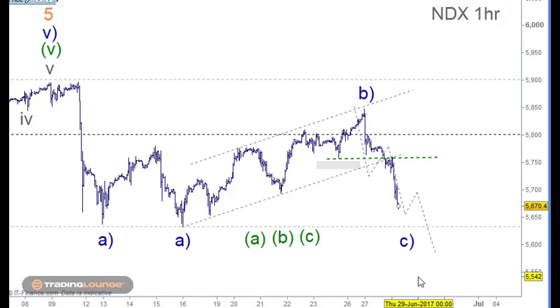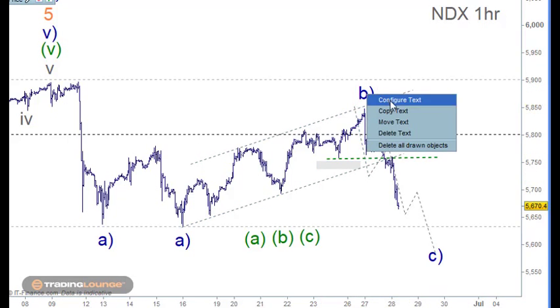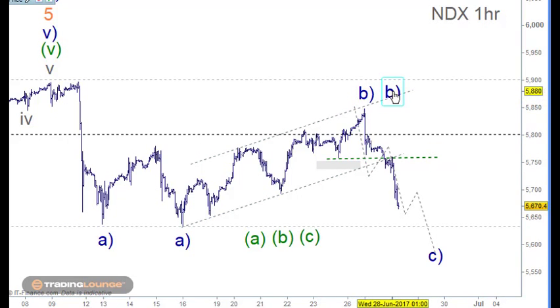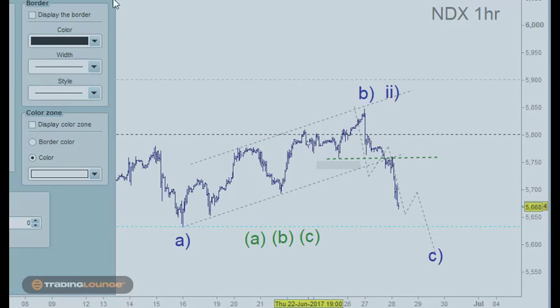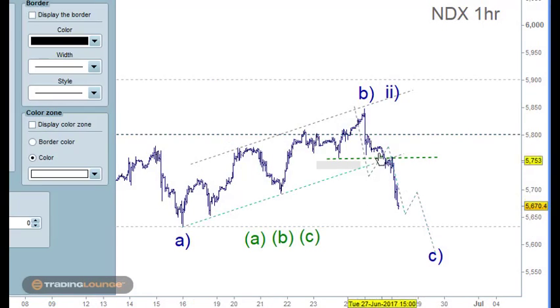So what I'm saying here is that even though the markets could fall a lot deeper, let's just be a little bit careful about it. And the way that we can be careful about it is that, because also if I copy this here, this could be wave 2 here, so I'll leave that there as well, just because we could go a lot deeper here. But what I wanted to do is just be a little bit careful, and once this 5 wave structure here is finished, then